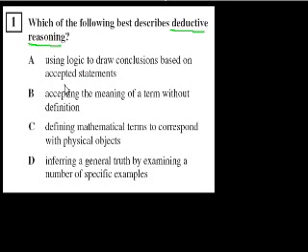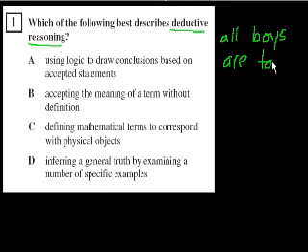But actually, before I even look at the definitions, let me just tell you what it is, and then we can see which of these definitions matches it. Deductive reasoning is if I give you a bunch of statements, and then from those statements you deduce, or come to some conclusions that you know must be true. Like if I said that all boys are tall. If I told you all boys are tall, and if I told you that Bill is a boy,